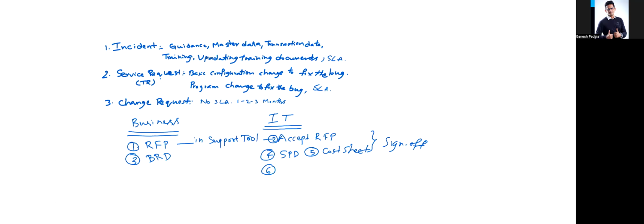convert the RFP to an RFC, request for change. I will provide the definition for each one. So once the RFP is converted to RFC,